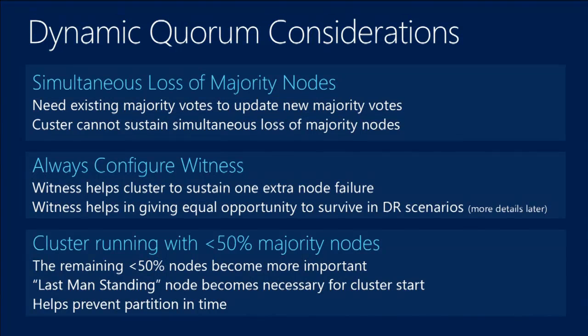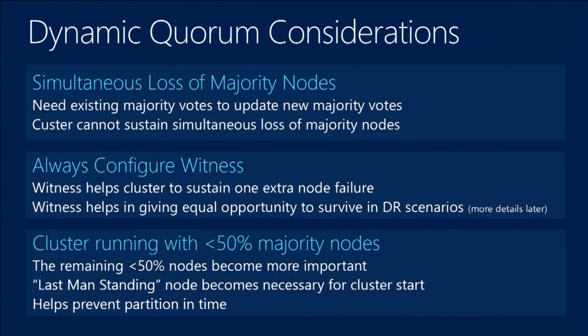So, dynamic quorum considerations. That's good. The cluster can now survive on less than 50% of the nodes in the cluster. The cluster's availability is increased significantly with a set of nodes, and also the availability of your applications. However,